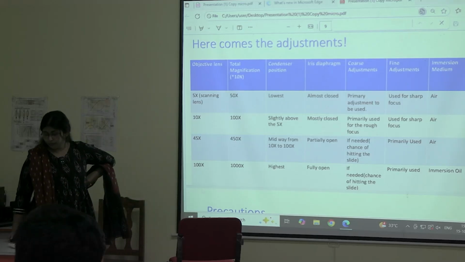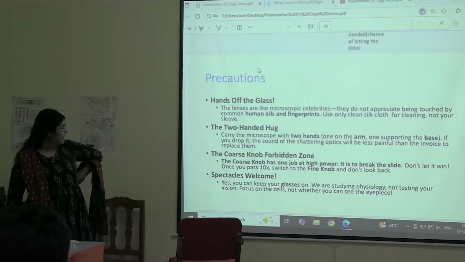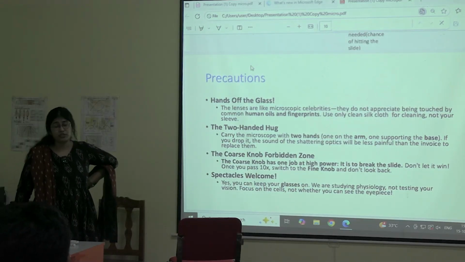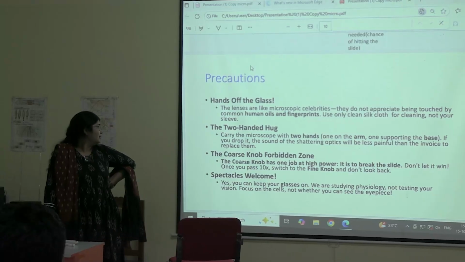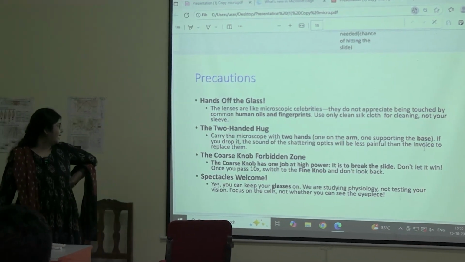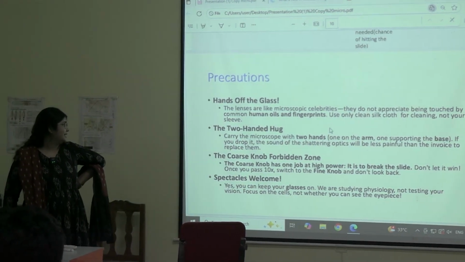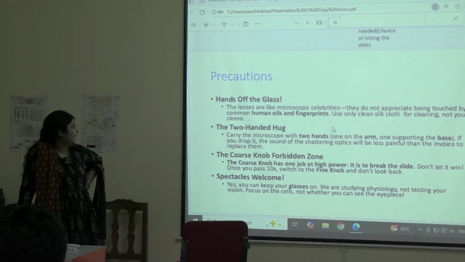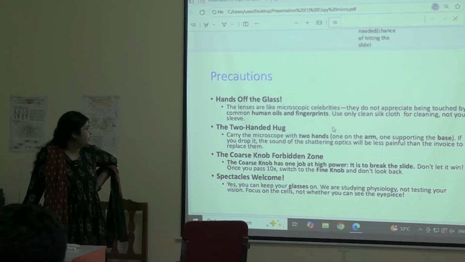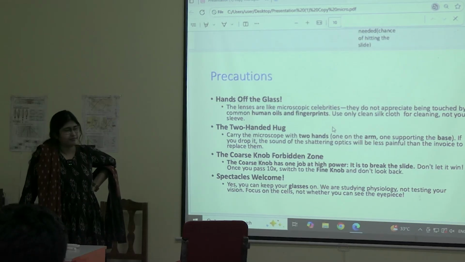Chalo. Now some precautions. How not to buy the physiology department a new lens. Please understand: hands off the glass. The lenses are like microscopic celebrities. They do not appreciate being touched by common human oils and fingerprints.